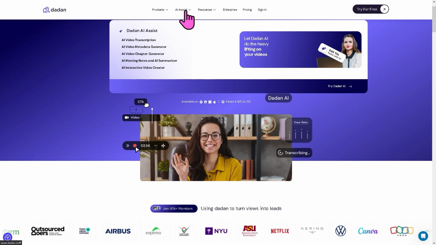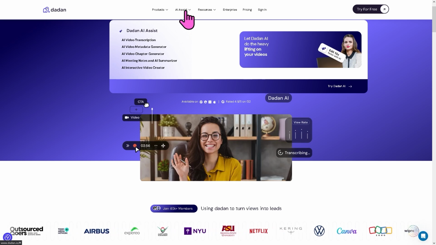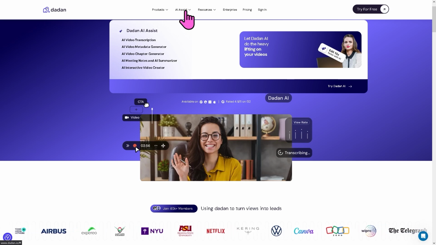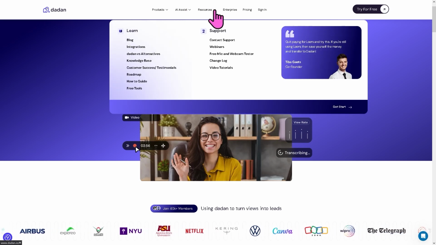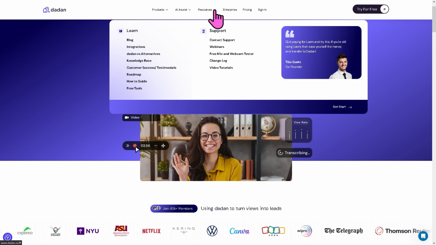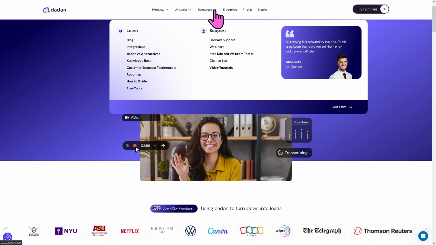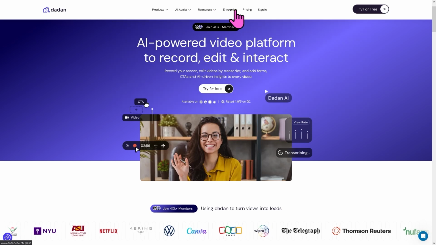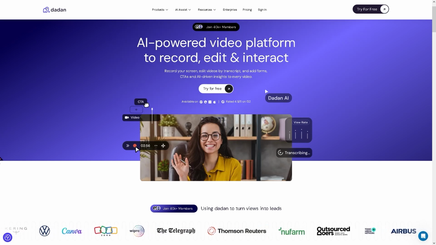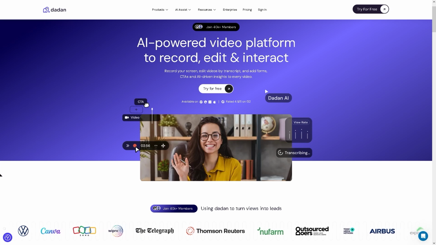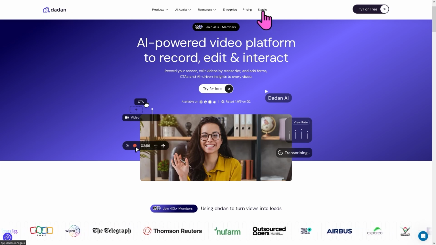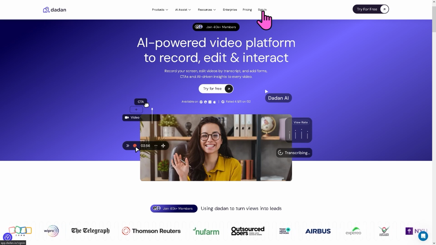Next is going to be the AI Assist, which is designed to make workflow more efficient by helping users automate tasks, generate or improve content. And then the resources is where you can find helpful materials such as documentation, tutorials, blog articles, customer success stories, and a lot more. And then the enterprise is, if you want to represent a larger organization, worth exploring. And then you have the sign in button, where if you already have a Dadan account created, you